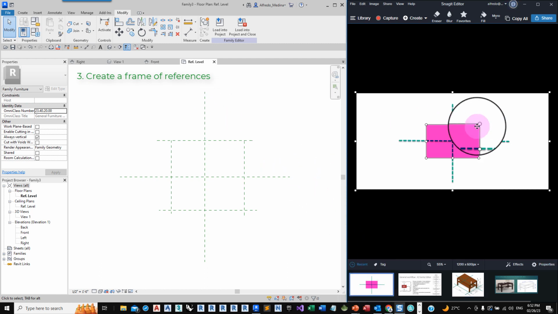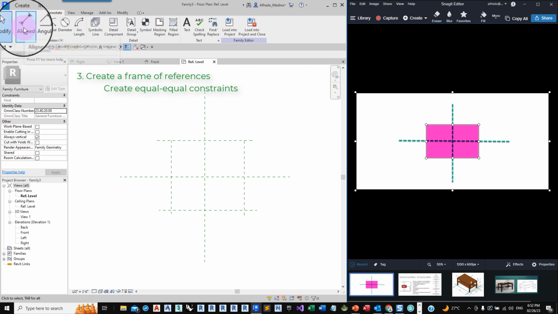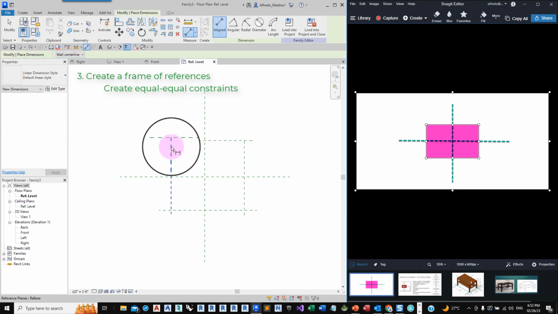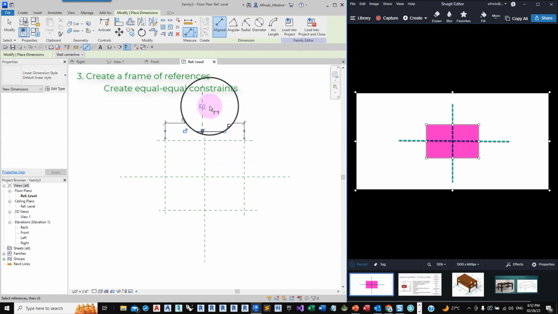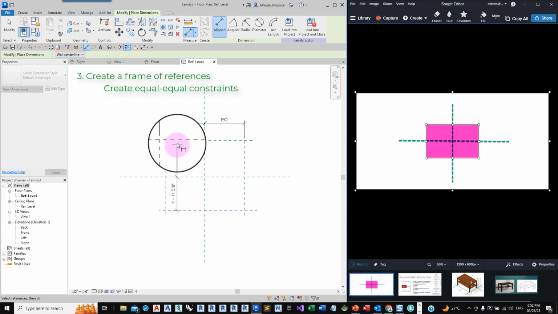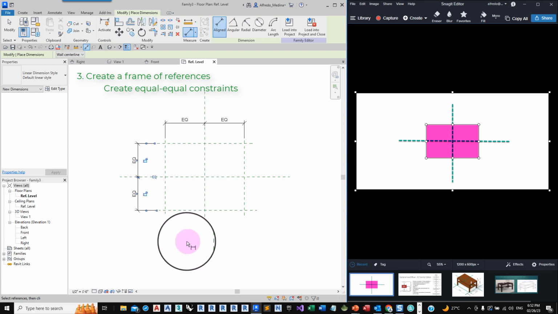Then, because we said we wanted them to be equal in relation to the reference planes, we put the first dimensions like this: Annotate, Aligned, and we do this. Click here, click here, click here, equal, and then another dimension in the other direction, and then equal.